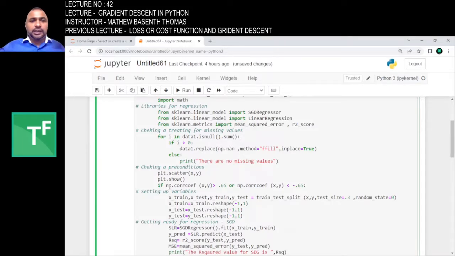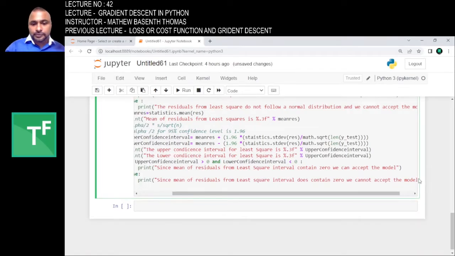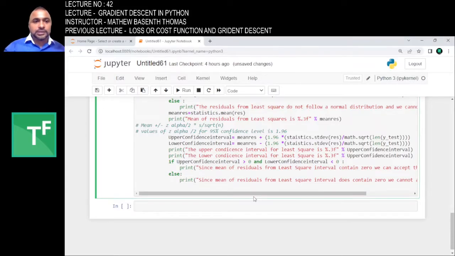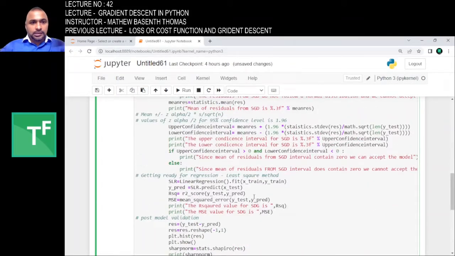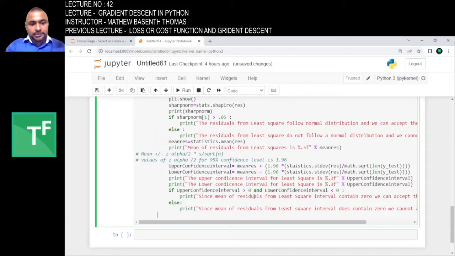This if condition: if correlation coefficient is greater than 0.65. And what if it is not? Else, I want to basically stop my regression, because if the correlation coefficient is not even greater than 0.65 or less than -0.65, I do not want to continue. So I will close it by writing an else statement here. That else statement will come here. It should be out of this, aligned to the if statement. Okay, so else, I'll give that else statement here,